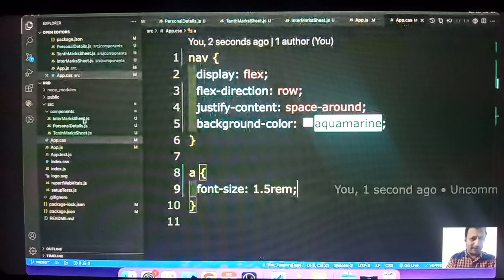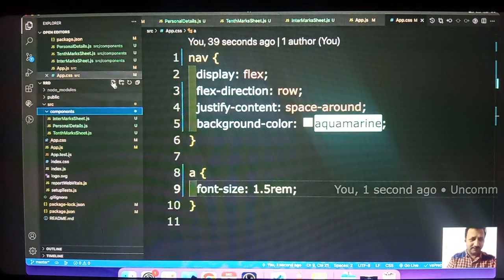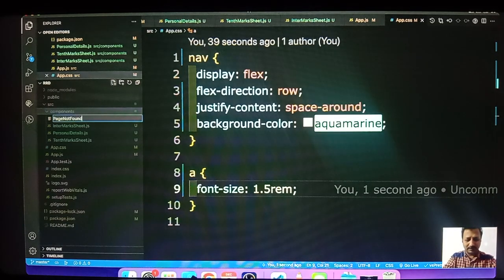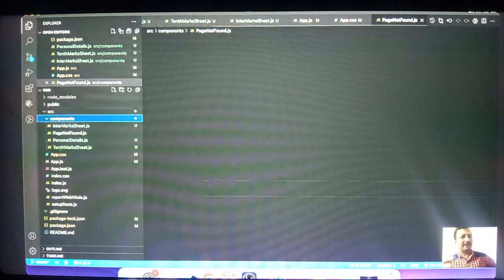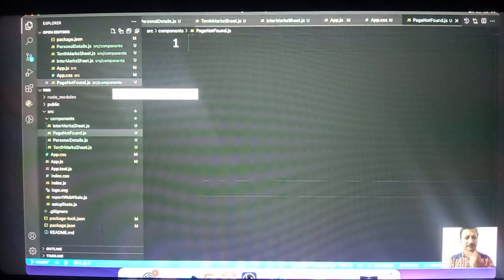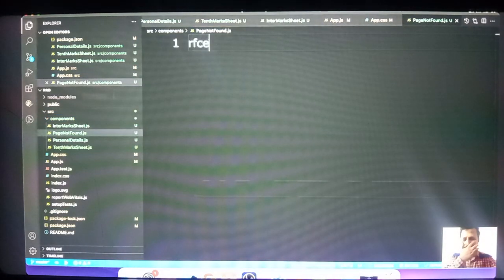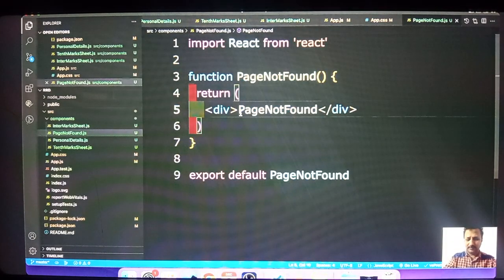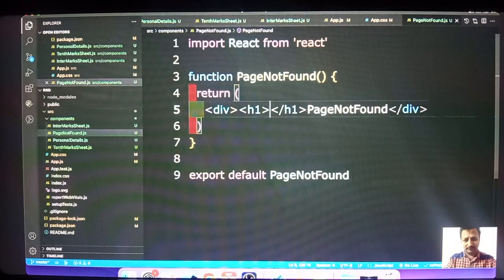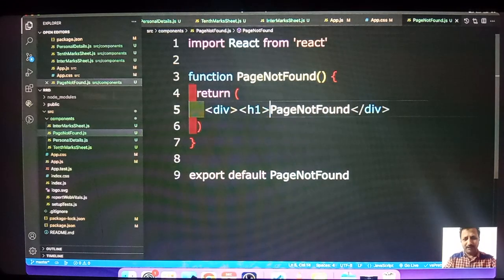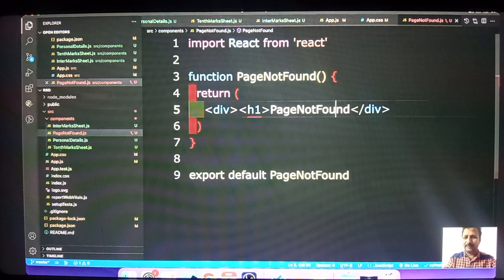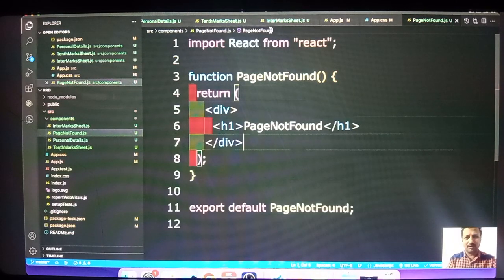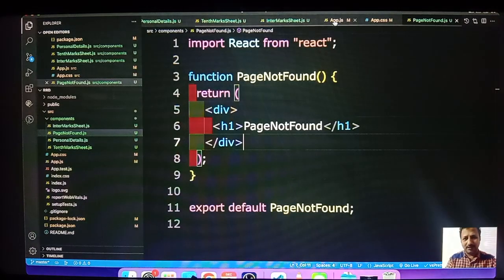I don't want to leave it blank. So what I'll do, I'll create one more component. I'll simply say PageNotFound. If that page is not there, I want it to display this. I'll use RFCE here. I'm not focusing much on beautification. If you want, you can add some image or something and do it. The page not found. Now what I'll do in app.js,